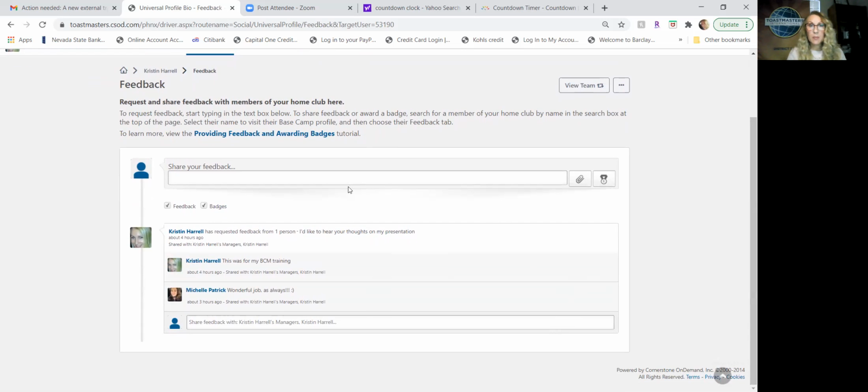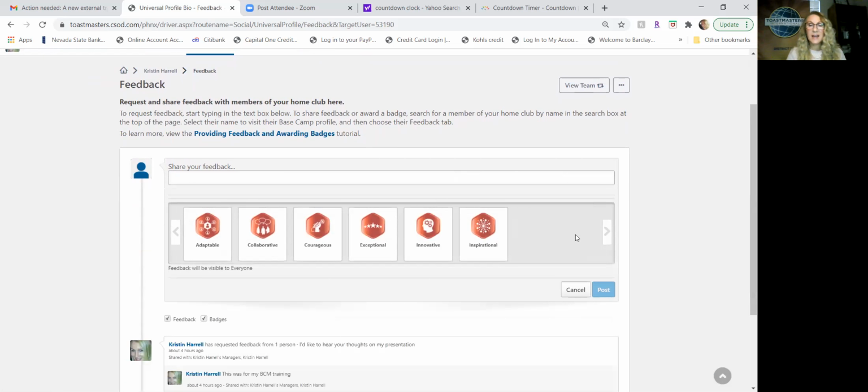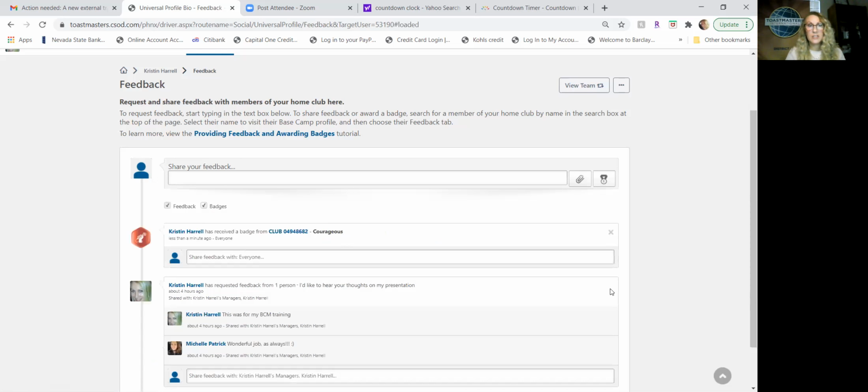Not only can you give somebody feedback as Basecamp manager, and all I'd have to do is type it in there, but I want to show you this little medal right here. I can assign them a badge. And these are like cool little feedback badges. So if, say, Kristin Harrell, who's not me, gave a speech on something super personal and difficult in her life, and I thought that was super, super courageous, I could click on courageous